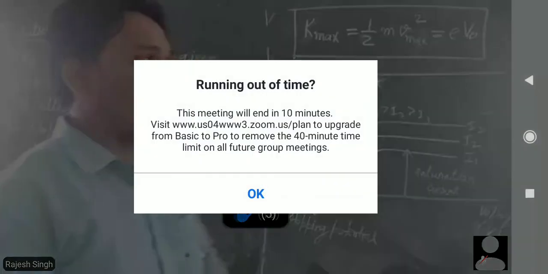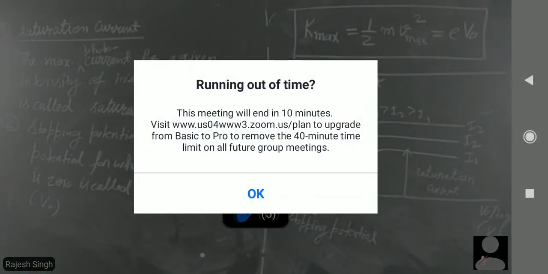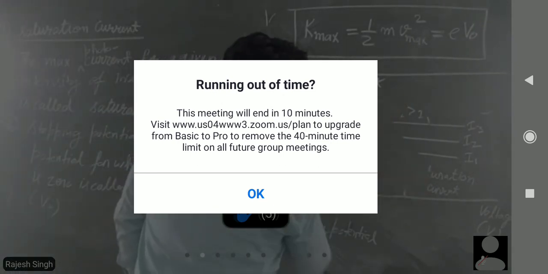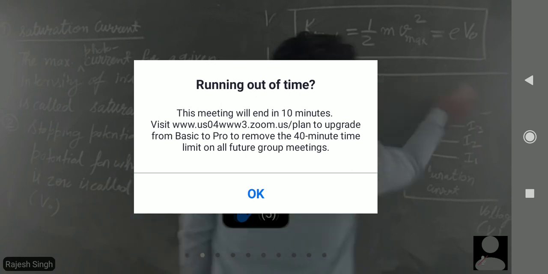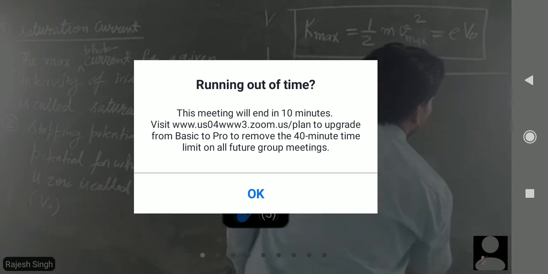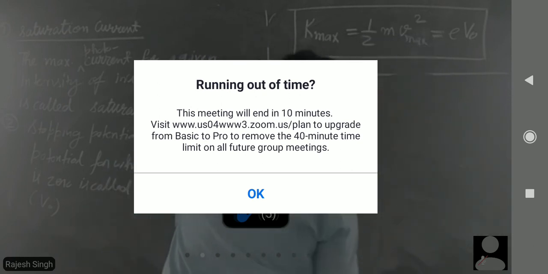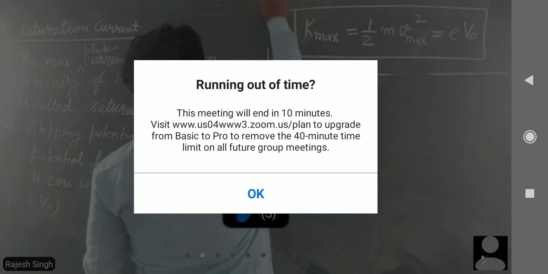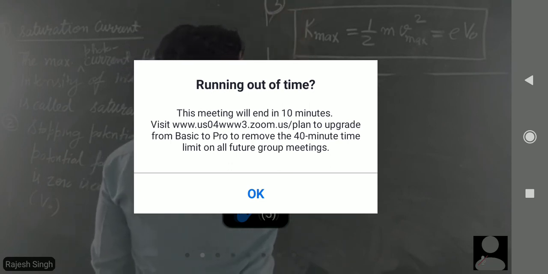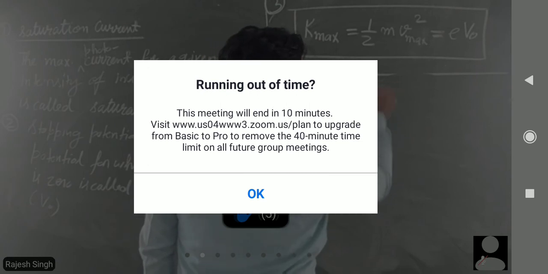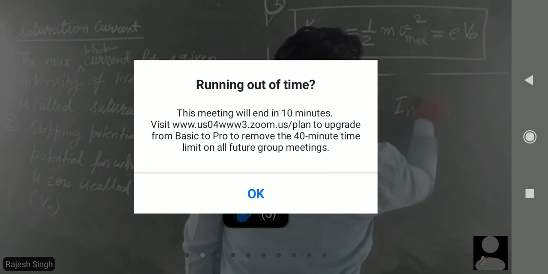So the third and very important point, now I can remove the graph, is that K max is independent of intensity of light,